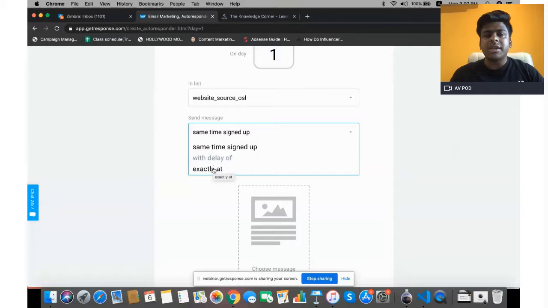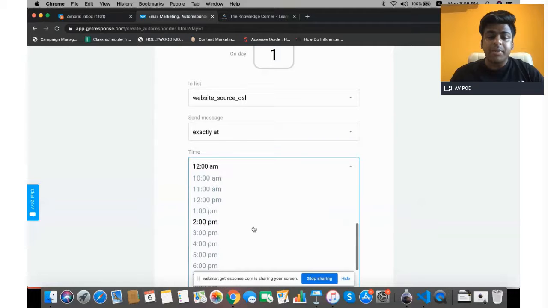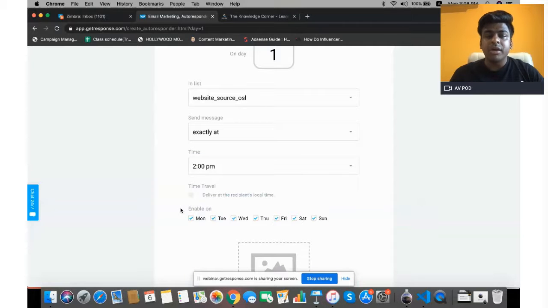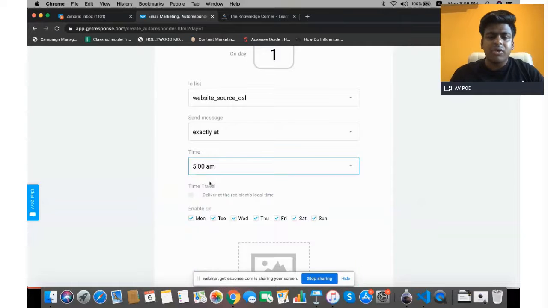And if you want to send the message at an exact time, select exactly. I have chosen exactly, and I may select somewhere like 2 p.m. So this is my time of sending. If I take the same case of a gym, then I can send it at 5 a.m. so that when people wake up they get this mail in their inbox and can act as per the instructions.